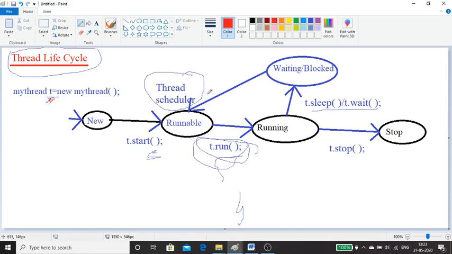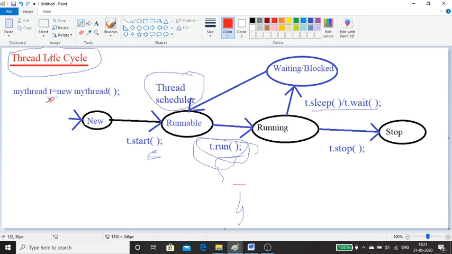Then it will continue with the next line, from where exactly it was blocked or went to the waiting state. It will continue executing the run method, and after completing execution, again it will go to the stop state. This is the life cycle of your thread.